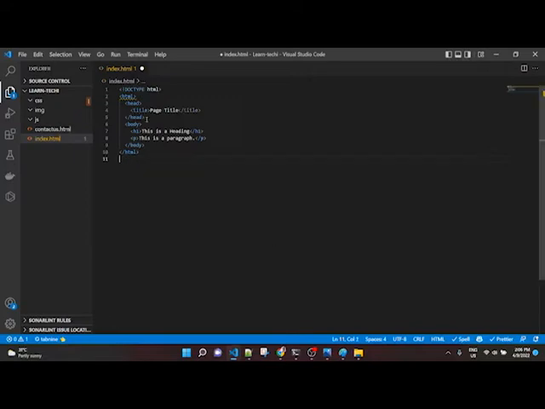So for example, in an HTML file, normally we can see the document type. This is the type of document we are going to write, and that is HTML. And here you can see the html tag. This is the outer tag for your complete HTML file. If you want to write any HTML tag, you need one open tag as well as a close tag. So what is the open tag? For example, if we are creating this tag,